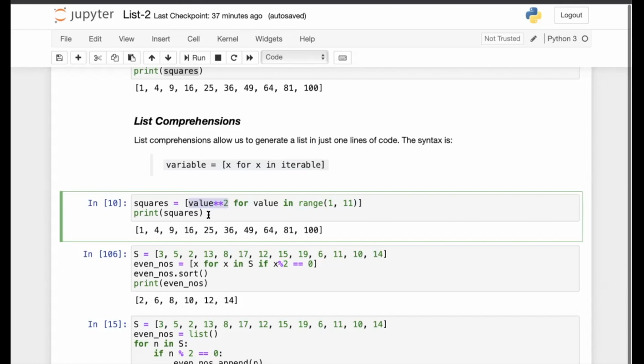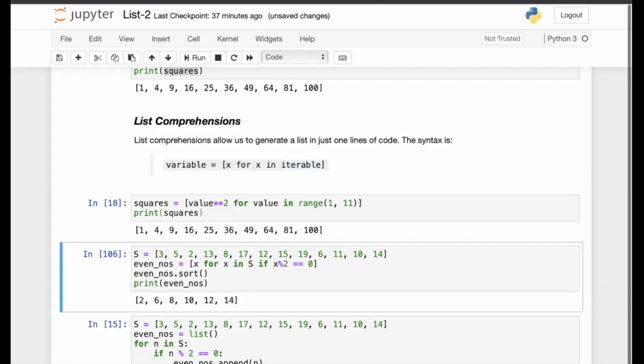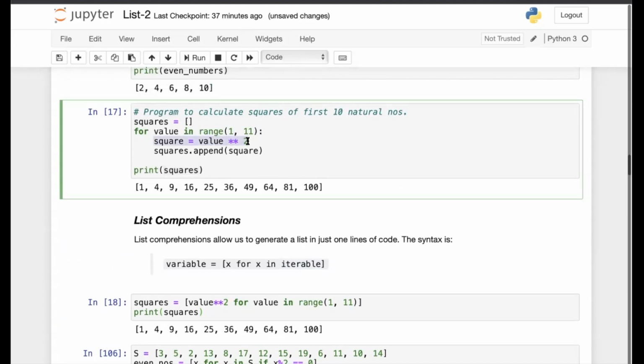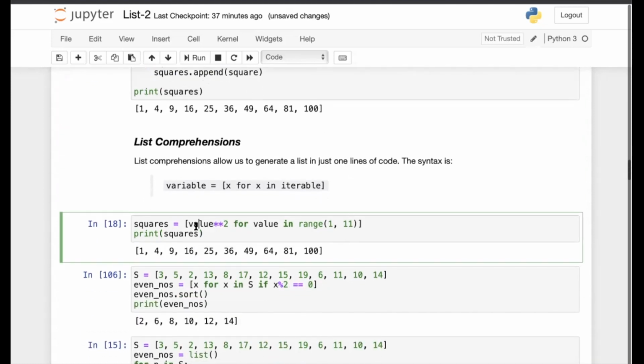So here, print this, it gives me the same outcome, as you would see. So this same line of code: for value in range, and then you say square is equal to value exponentiation 2, and then squares dot append. The same thing you can write in a single line of code, and believe me, it's even faster and more intuitive. And when you become more comfortable with writing comprehensions, you would like to define your lists this way only, because it saves a lot of writing code, as well as it's more intuitive.